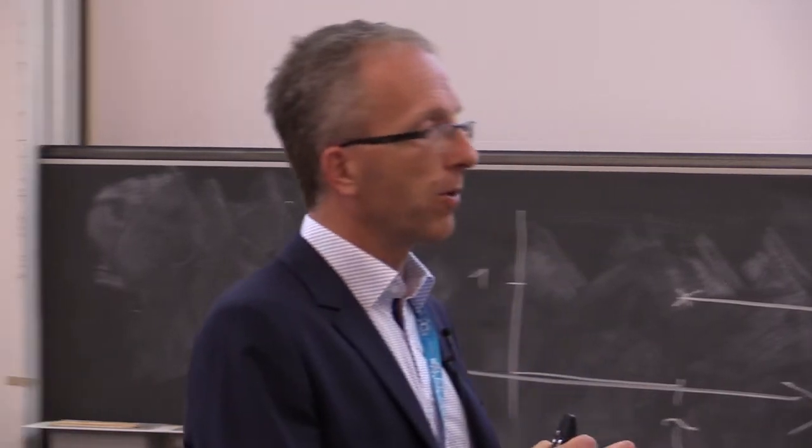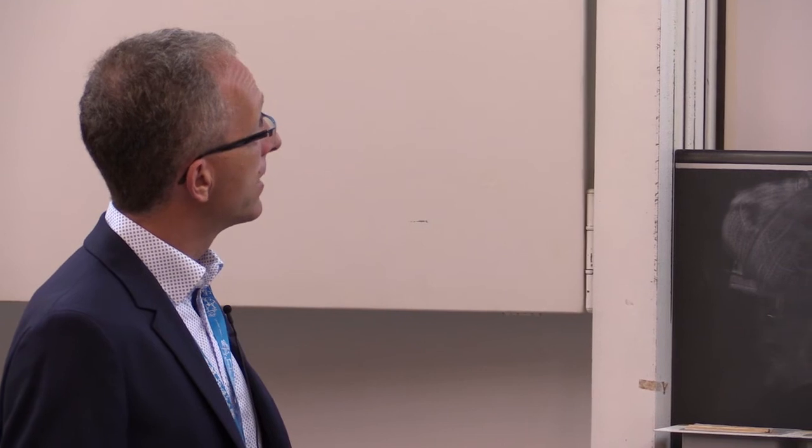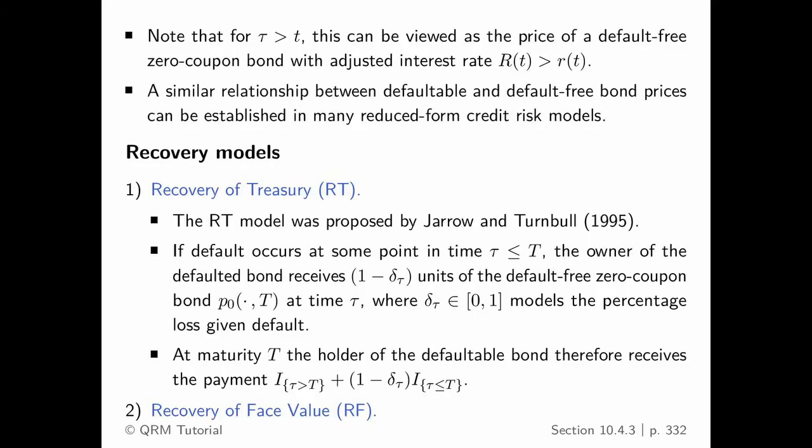The beauty of this assumption is that in this case, the payoff you get at the maturity of the bond is independent of the timing of the default. You get 1 if there was no default, and 1 minus the loss given default, so the recovery rate, in case there is default. The recovery of face value, which is maybe the most realistic and the most frequently used